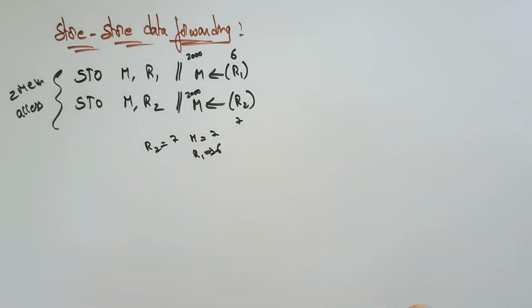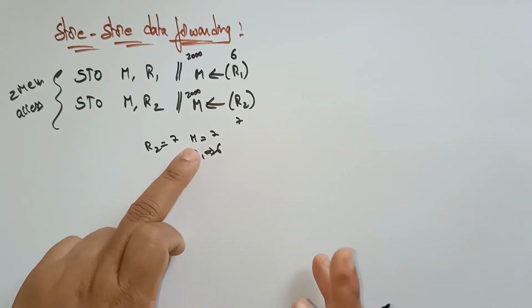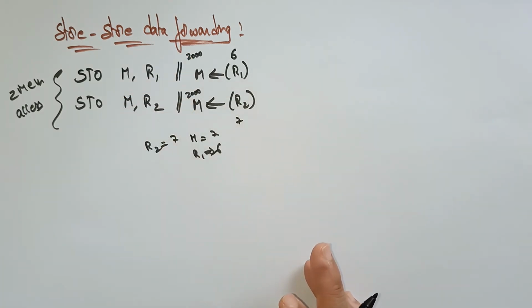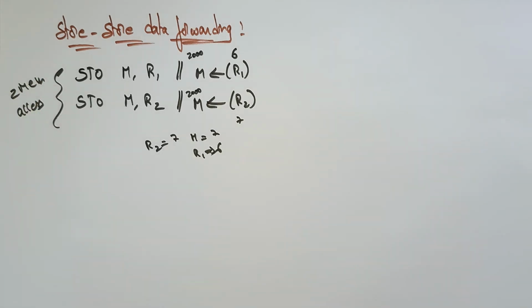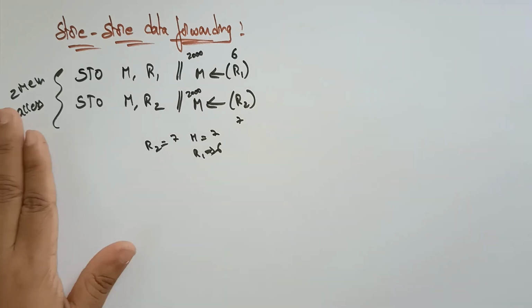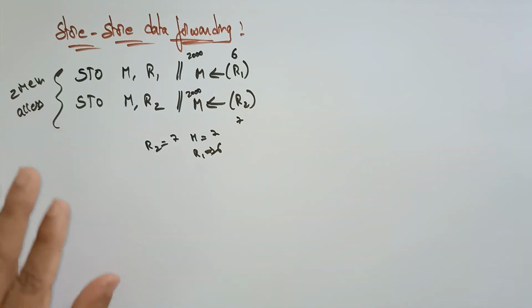So here two memory access operations are performed. What is happening here is that whatever 6 data is sent to the memory is replaced by R2. So there is no need to send the R1 data to memory. Why do we need to send the 6 to memory? Because anyhow 6 is being replaced with the 7. So this is a way. We have to keep this in mind while writing the program code. By using the store data forwarding technique, we are trying to replace this.